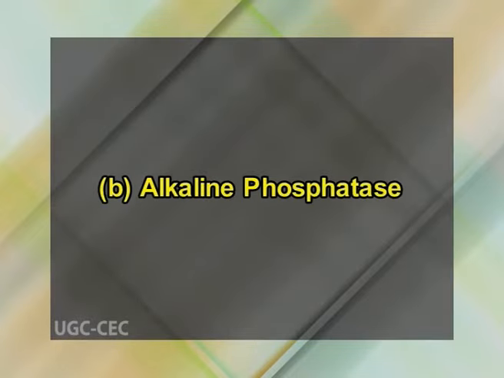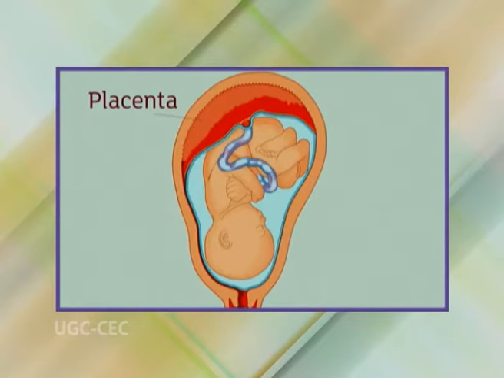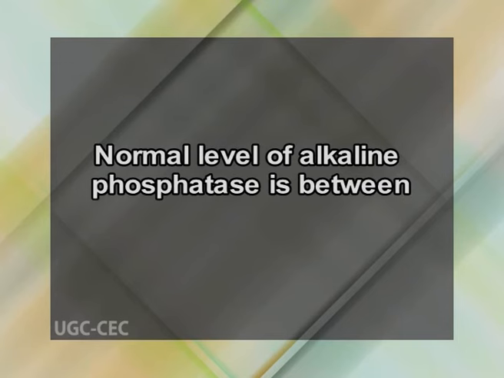Now the alkaline phosphatase. It's a hydrolase that removes phosphates from all kinds of molecules such as proteins and nucleotides. It's found in cells lining the biliary system, hence a rise in its level is indicative of damage to the biliary tree due to cholestasis. Alkaline phosphatase is also found in placenta and bones. Hence, the level is also increased in growing children in whom bones undergo remodeling and in Paget's disease in adults. Normal level of alkaline phosphatase is between 45 to 115 units per liter.